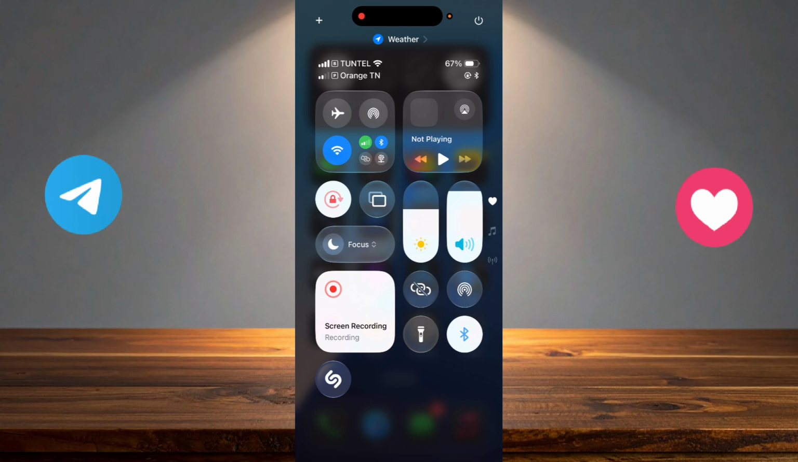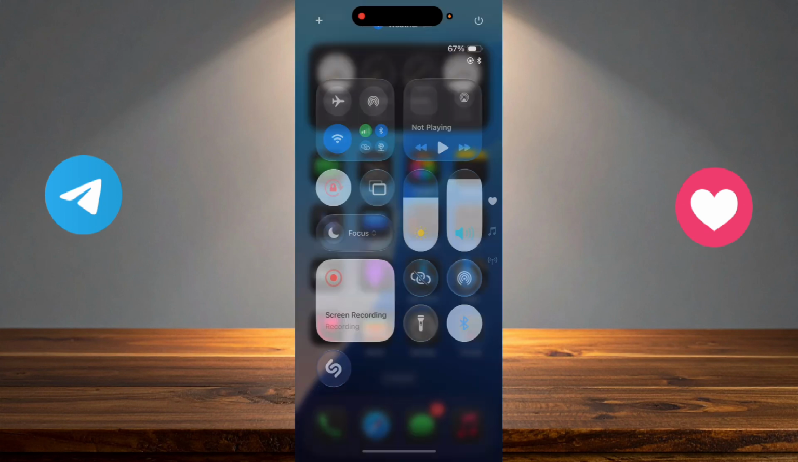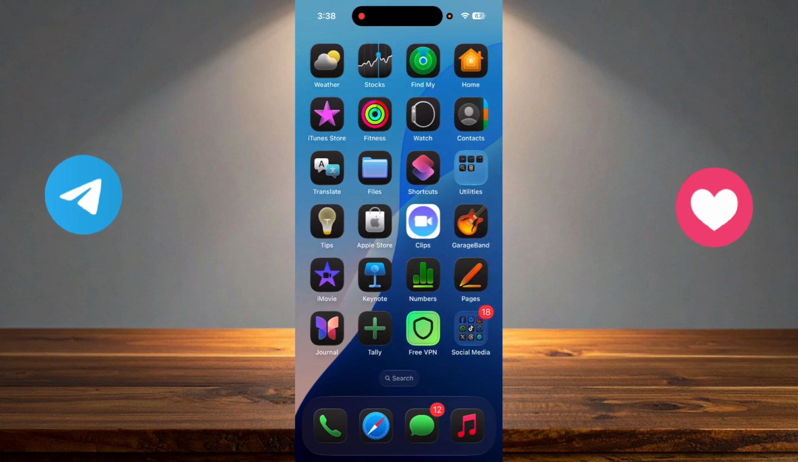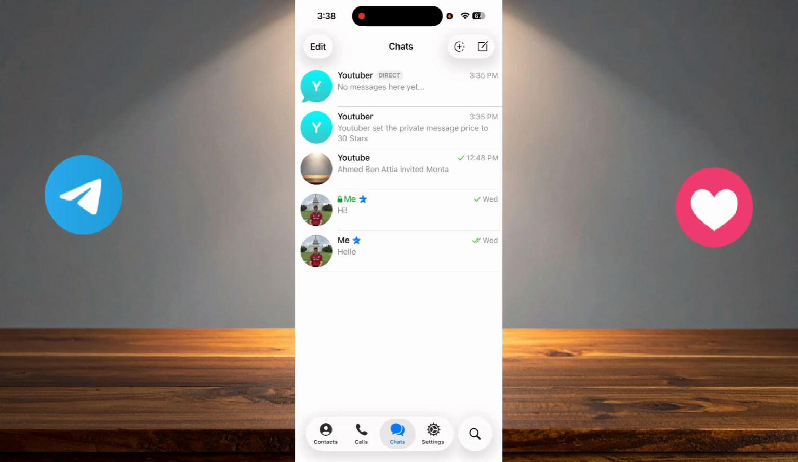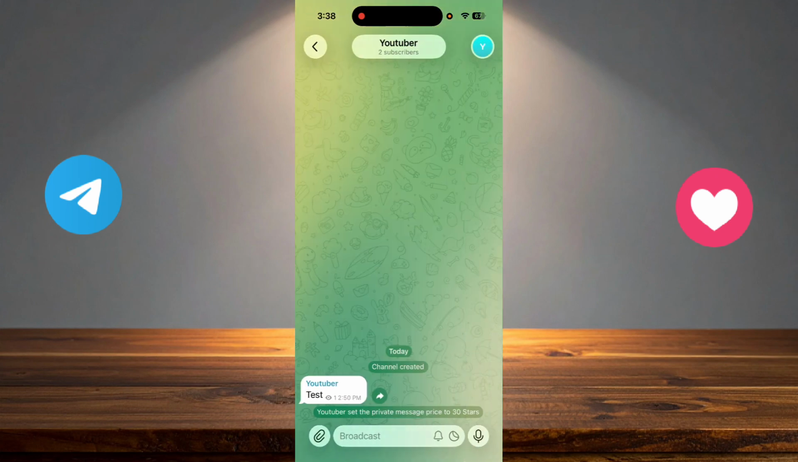In today's video, I will show you how to make money from a Telegram channel. To do this, you have multiple options. We will go one by one. The first one is the easiest one, which is to make people pay money to send you direct messages on